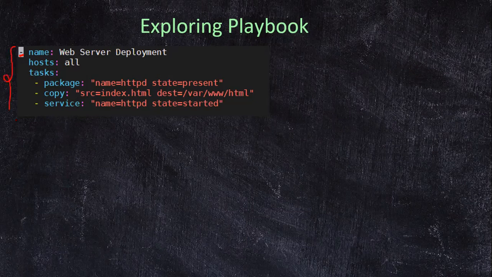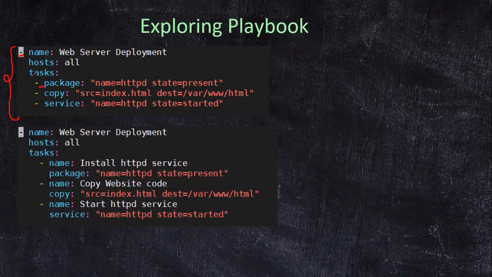This complete part is a specific play within which you have different tasks. Since tasks are a combination, it is like a list. So we specify it using this dash and then again a space. This space is very important here. And then this is the module that I'm going to run under one of my tasks, and in this module, I'm going to specify the attributes like this. This way of writing is referred to as a short form notation. Ideally, we have a better way to write this same code.